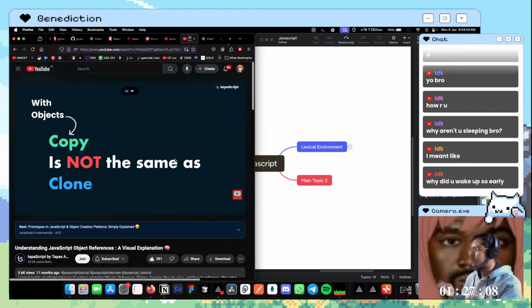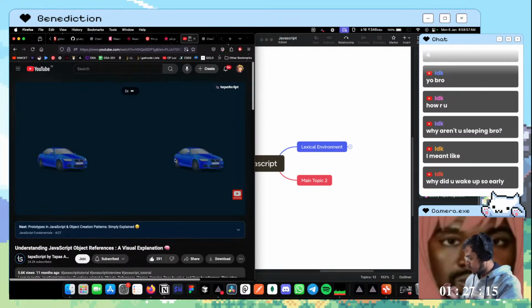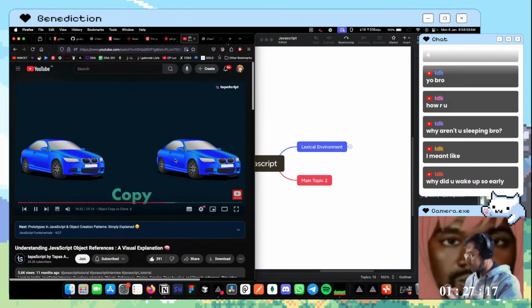That's purely copy. But when you do clone, when you want to make a duplicate of an object, you mean that you want to create a new memory location. On that new memory location, there will be a value. Okay, so how do we create a clone and how do you do cloning? Let us see that. Let's assume you have two cars. These two cars look identical. We are talking about the scenario of copy.